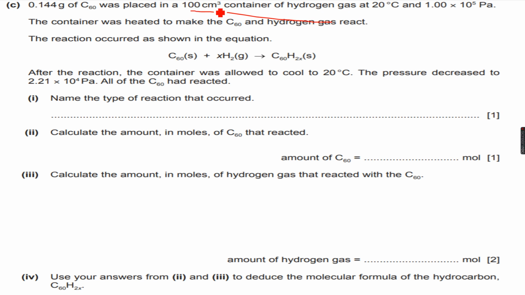When we had 100 centimeter cube of hydrogen gas, the pressure was 1 into 10 to the power of 5 pascals. But because some of this had reacted with C60, the pressure decreased to 2.21. This is the pressure of hydrogen, because you can see that hydrogen is the only gas. So the pressure that has been